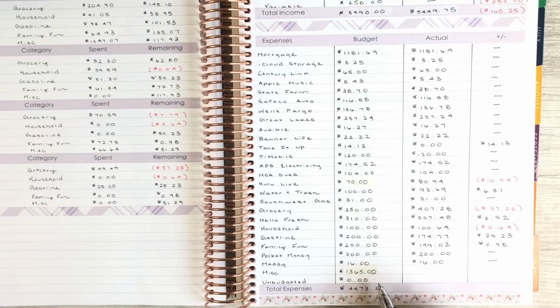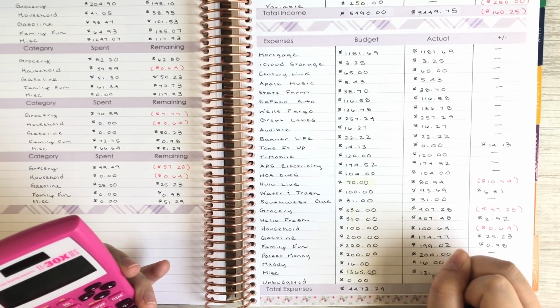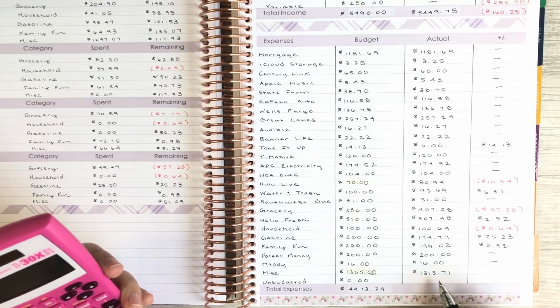The miscellaneous, we had $51.29 remaining. So 1365 minus 51.29. So our miscellaneous was $1,313.71. We are going to be using our sinking fund for house maintenance to cover the air conditioning, because we